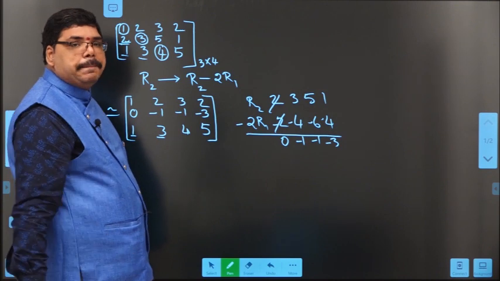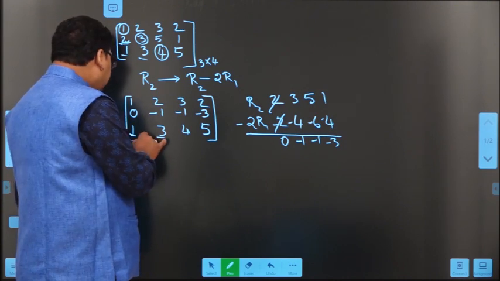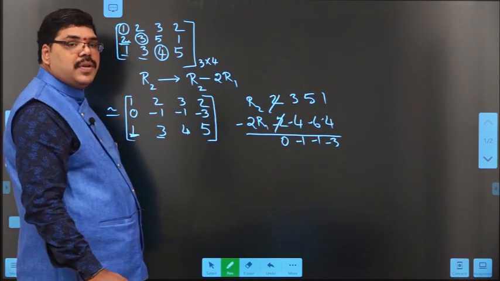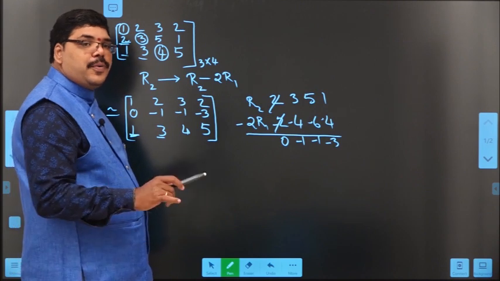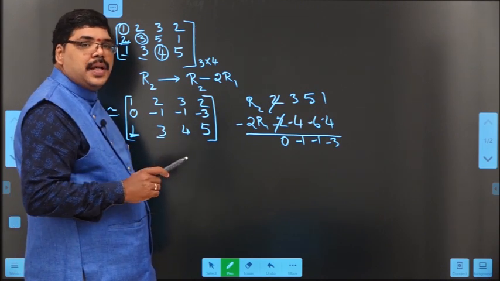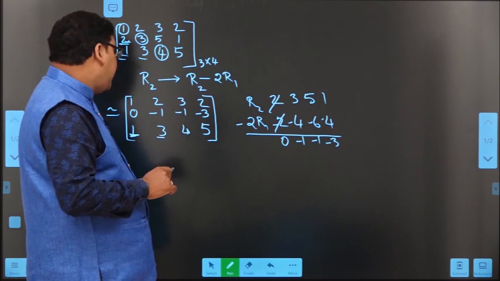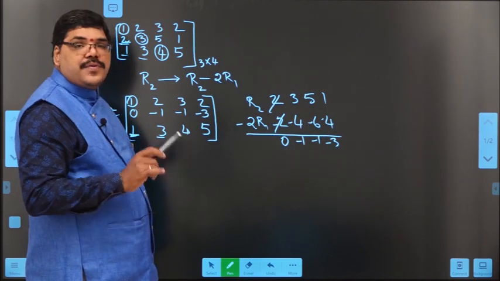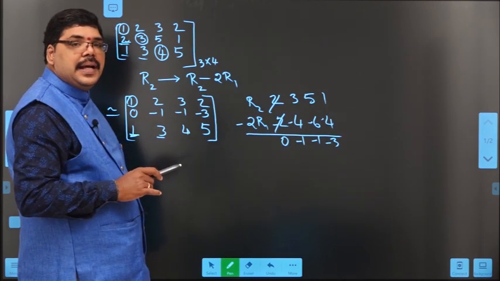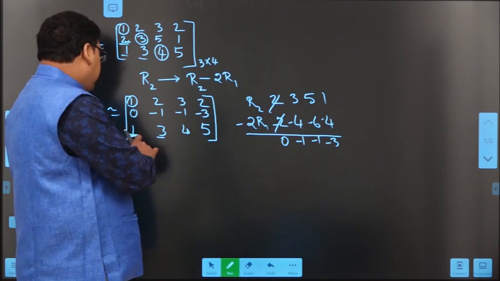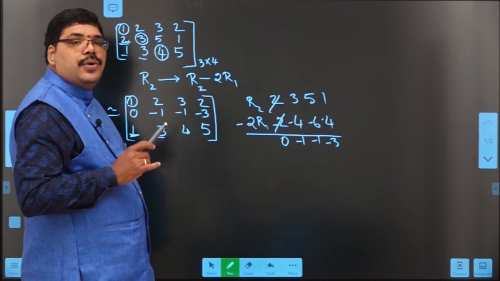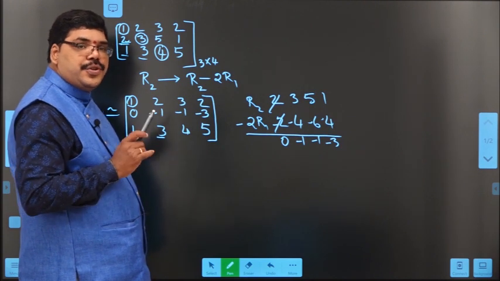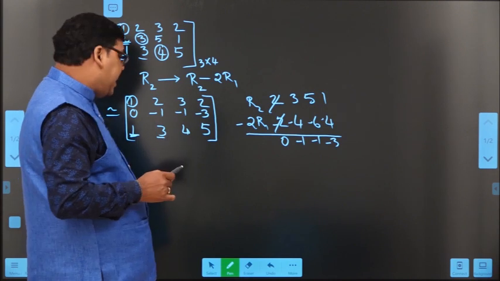We will do it one by one. First, we want to make this element 0. This element is in the first position of the third row. Whenever you are changing an element in the first position, you should use the first principal diagonal element. What is the first principal diagonal element? 1, which is in R1. So, to reduce the first element of R3 into 0, we should use R1 and the row operation will be like this.